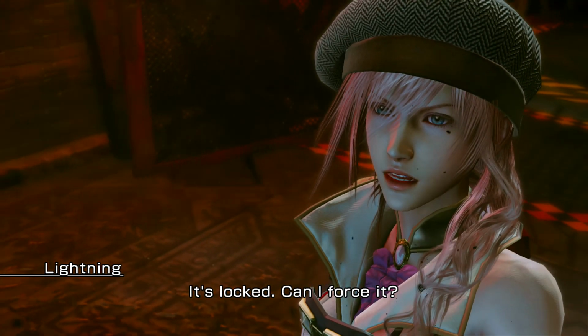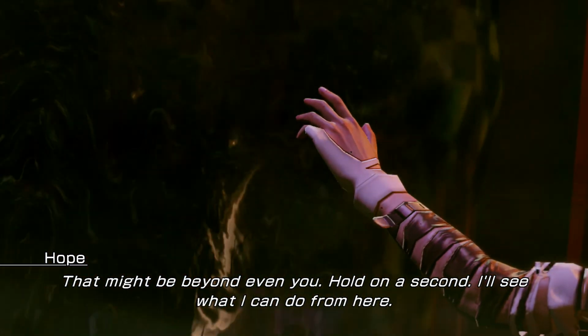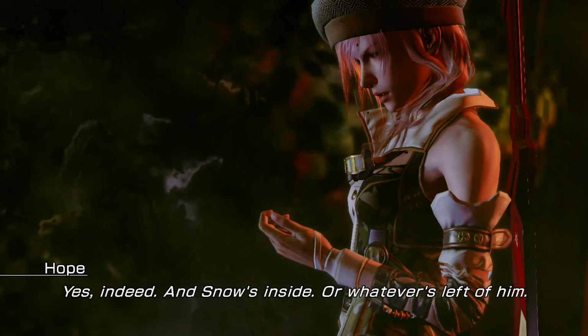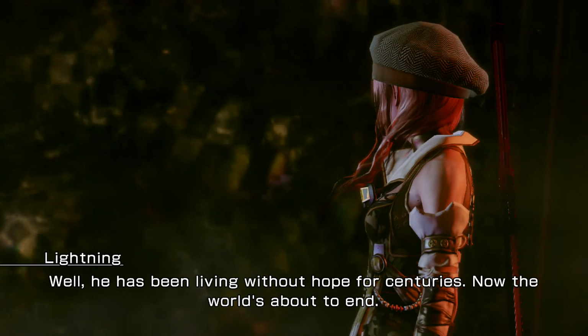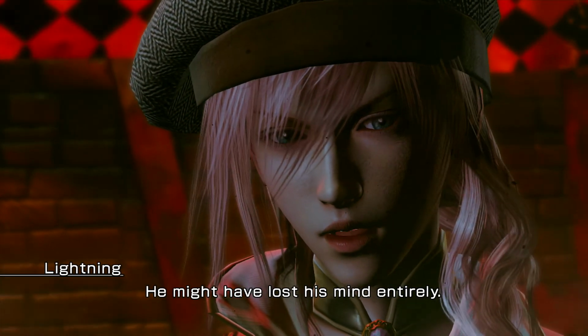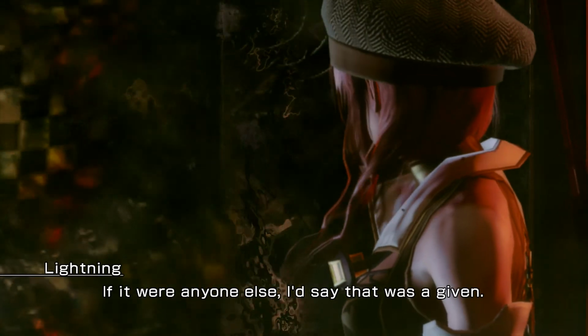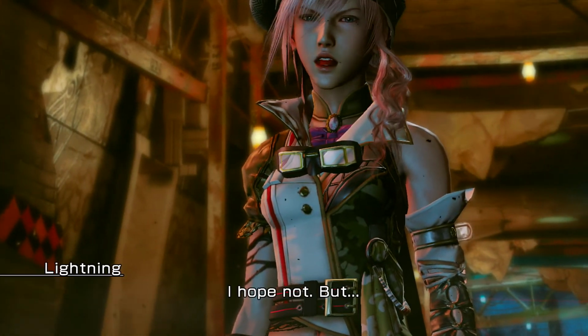It's locked. Can I force it? That might be beyond even you. Hold on a second. I'll see what I can do from here. There's a lot of chaos building up back there. Yes, indeed. And Snow's inside, or whatever's left of him. Well, he has been living without hope for centuries. Now the world's about to end. He might have lost his mind entirely. If it were anyone else, I'd say that was a given. Do you think it could have gotten to him, though? Broken even his spirit? I hope not, but...